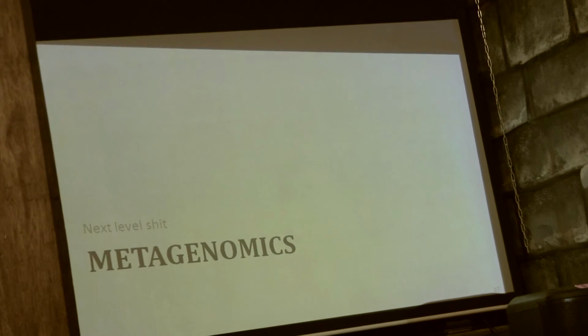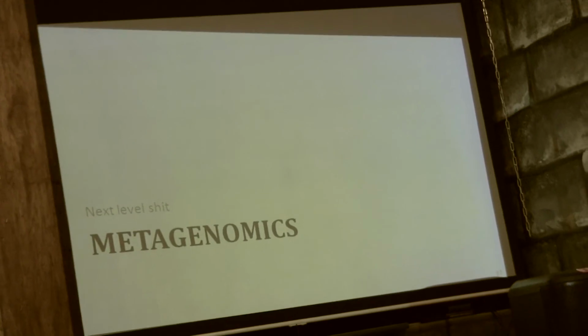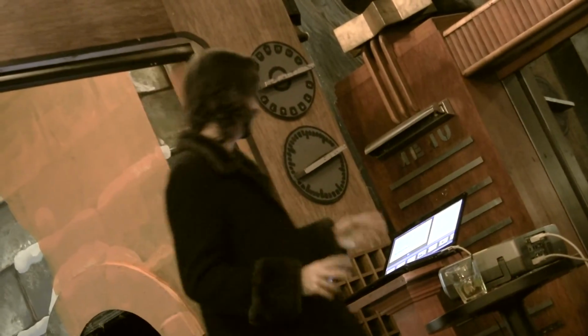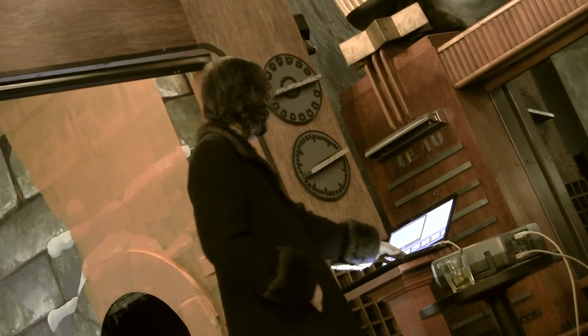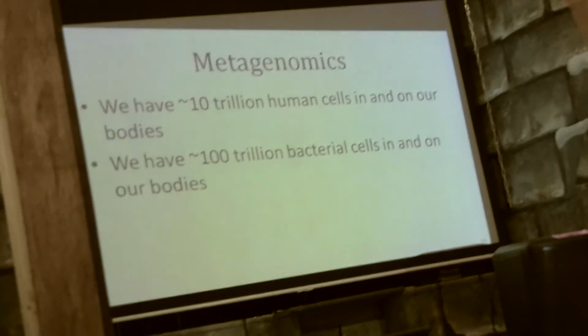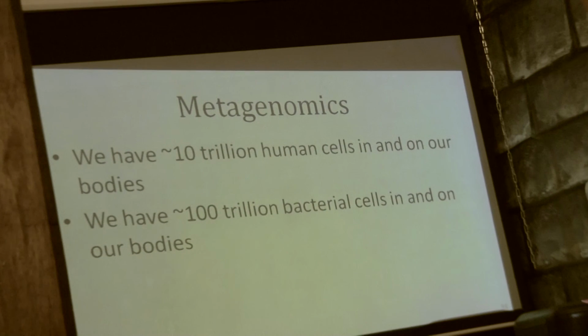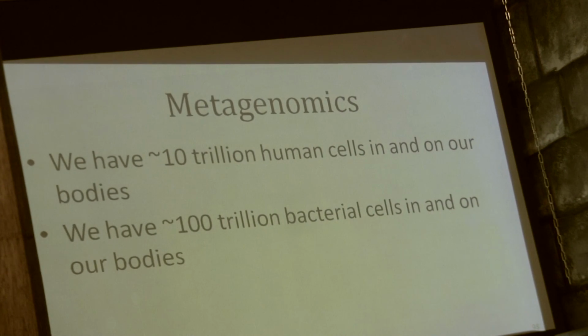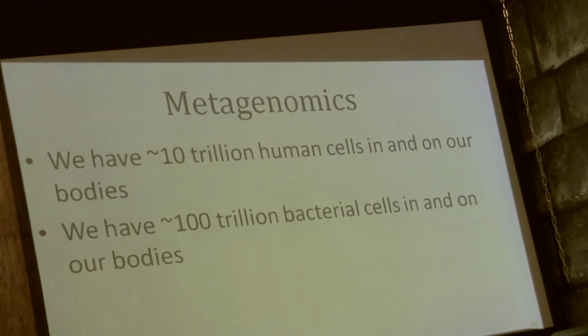All right, metagenomics. So we've been through genomics and epigenomics. Let's get to metagenomics. It's short, it's easy. All right, so we have 10 trillion human cells in our bodies and 100 trillion bacterial cells. They interact